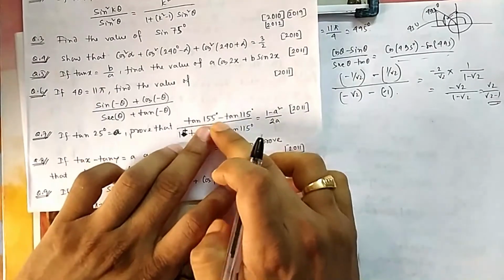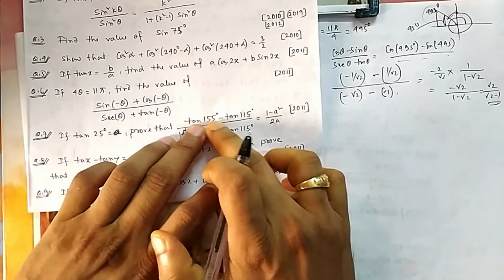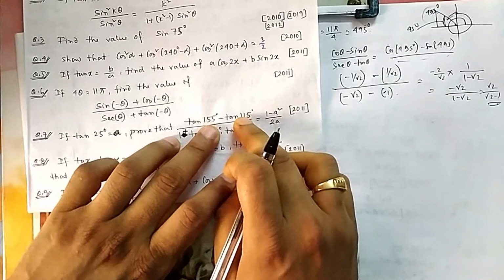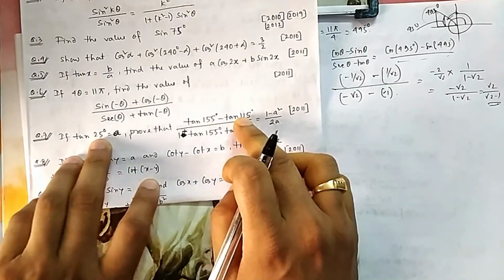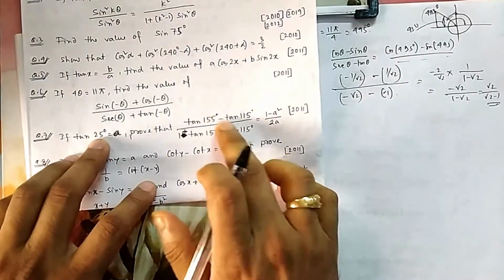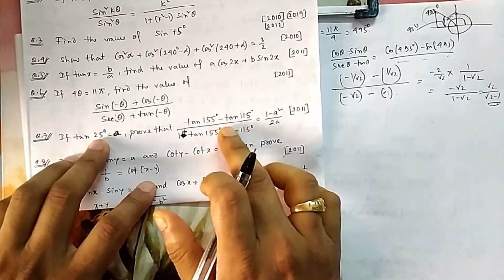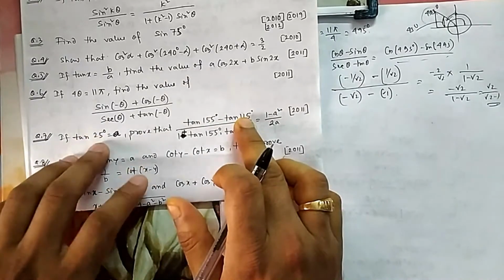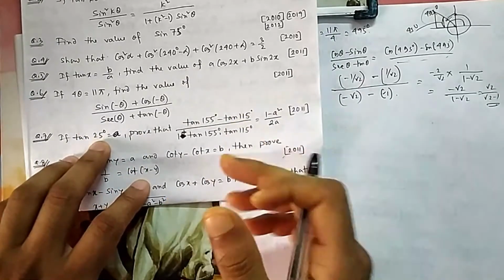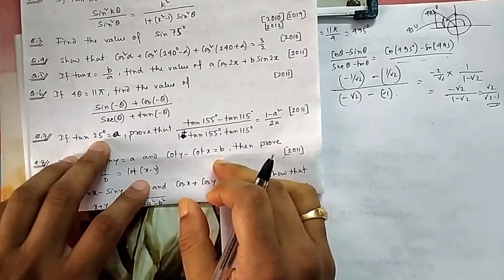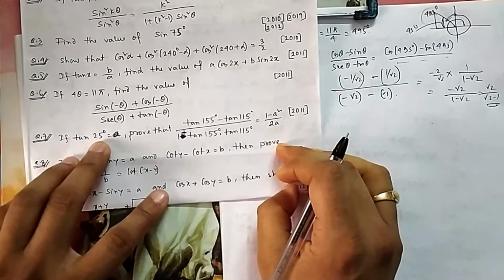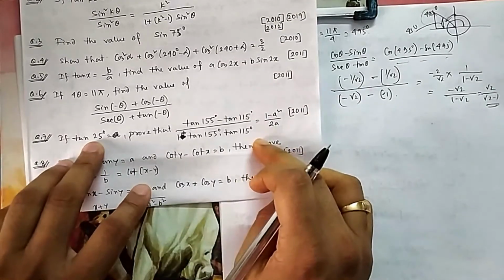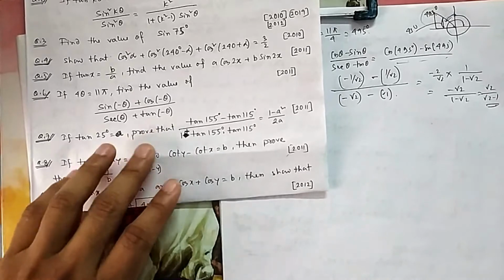But if you apply tan(A minus B), then A minus B is 155 minus 115. How much is 155 minus 115? 40 degrees, tan 40. But they have not given tan 40. This will tempt you to go to tan(A minus B), but it will be tan 40, so you cannot use tan 25 there, and you don't know the value of tan 40. It is not a standard angle. Standard angles are 0, 30, 45, 60, 90, whose values you know. Sin 18 you also know, but this is not standard. So you don't think that way.